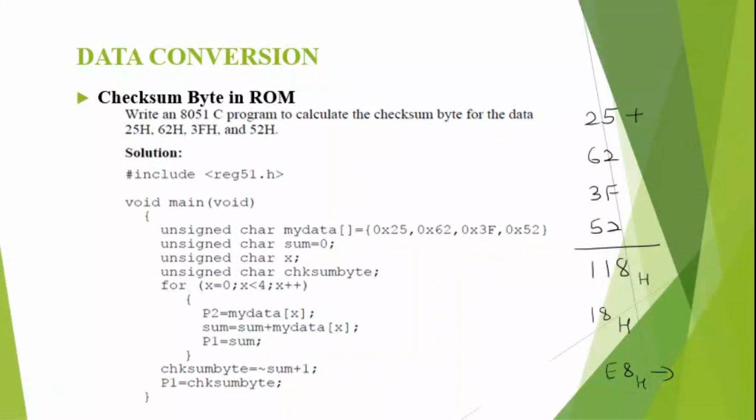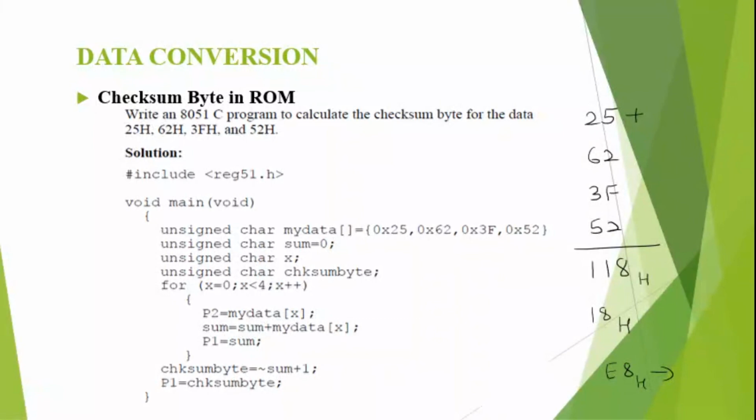To add the 4 series of data, we have the for loop varying x from 0 to 4, and we are fetching the data from the array and adding it to the sum variable, and then the total sum is assigned to P1.